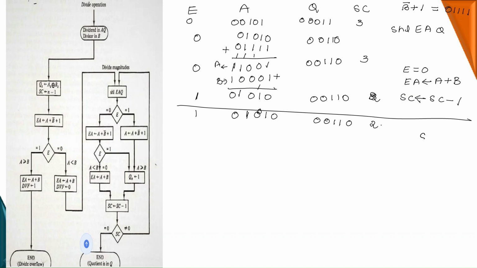Now perform shift left on EAQ. So it becomes 0, 1 0 1 0 0, 0 1 1 0 0 and 2. Now check the value of E. E is 0. So you have to perform